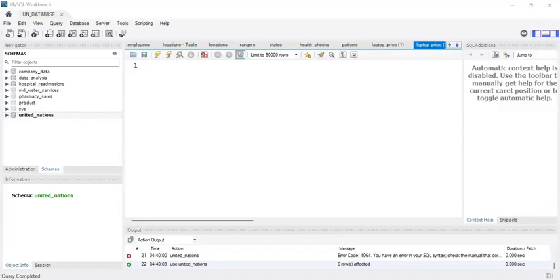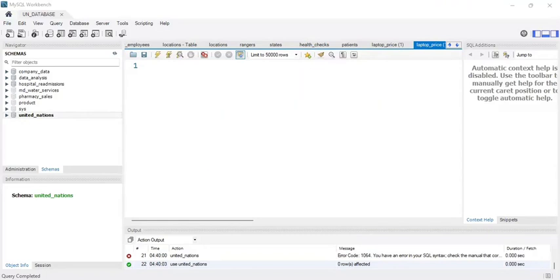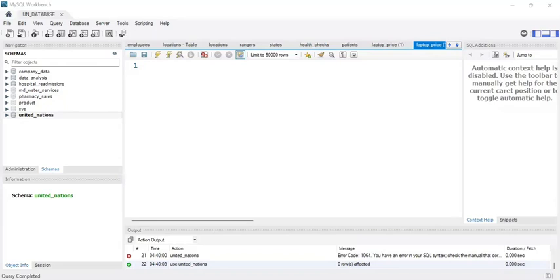In MySQL, backticks, single quotes, and double quotes all have different purposes. Backticks are used for identifiers such as table names, column names, and database names. They are required when an identifier contains spaces, special characters, or reserved keywords. So, for example,